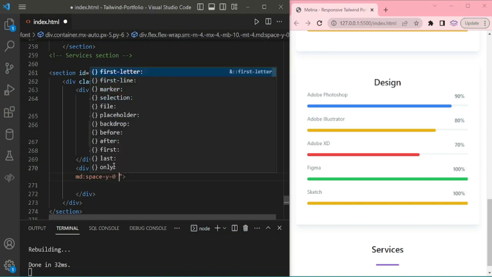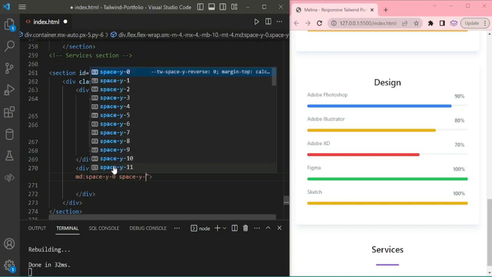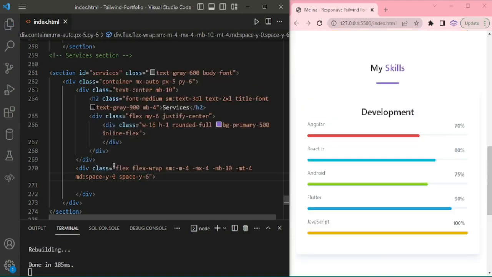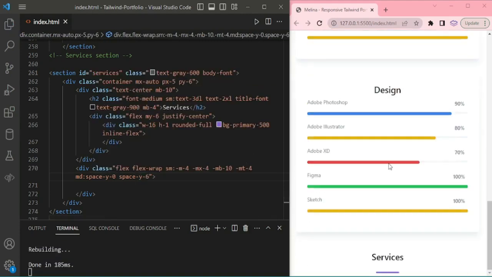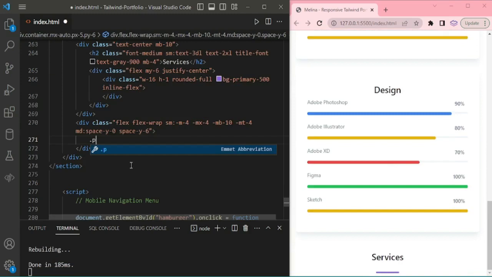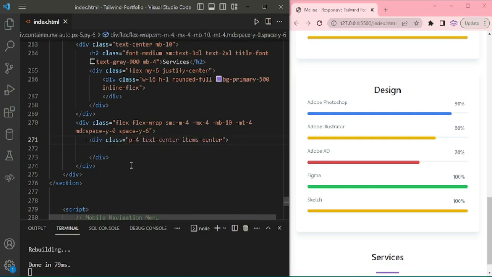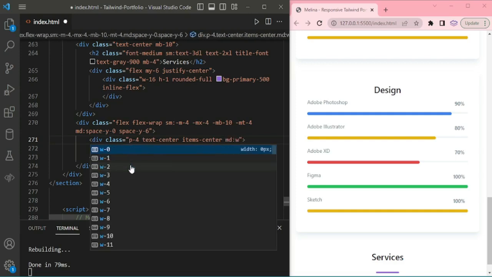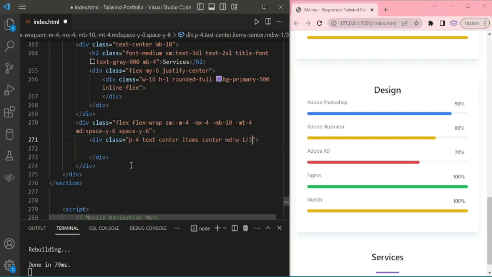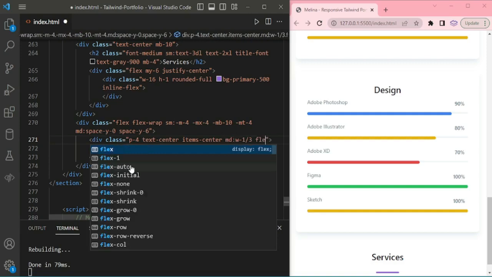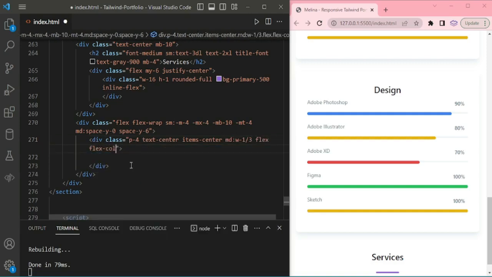Space y 6, and adding padding 4, text center, items center, and md width is 50%, flex col,